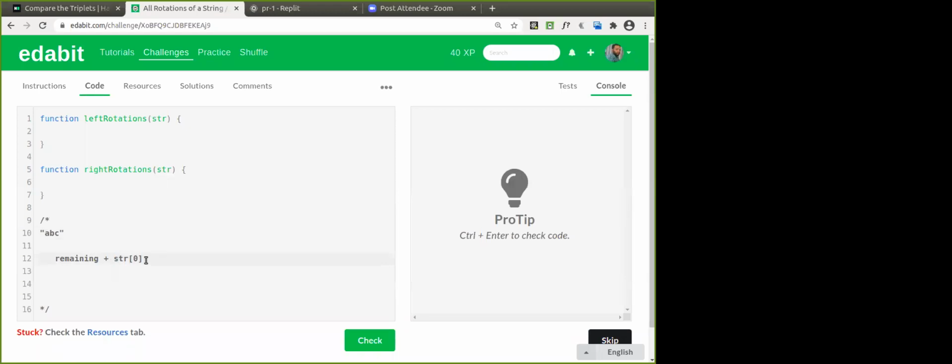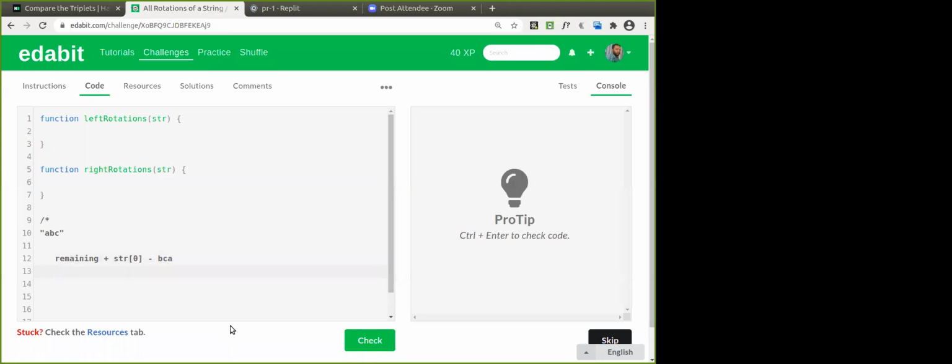Is it clear? So like that, it should repeat for all the characters. So we got ABC. Now in this case, if we do this, we'll be getting BCA, isn't it? Now in the next iteration, what is the length of the string? It should repeat that many times. In this case, it is 3. So it should repeat 3 times.